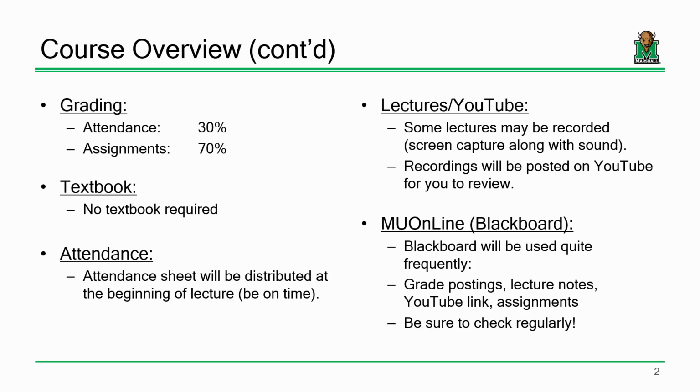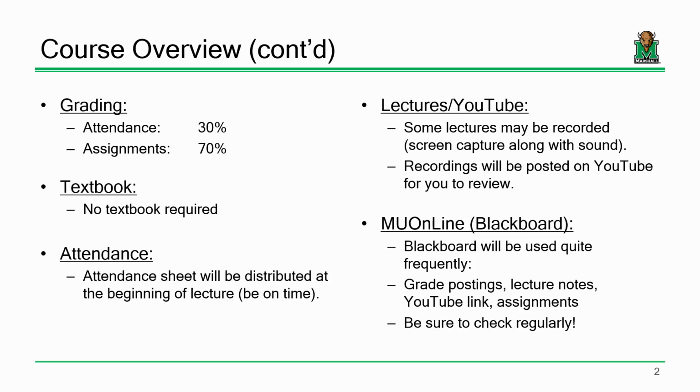First off, the grade. This is a 1 credit hour. Essentially, it's a seminar course, so it's not like typical engineering classes. Really, the grade only comes from 2 areas, and that's the attendance and the actual assignments. And I'll discuss the assignments that we'll have throughout the semester here in a little bit. There are no required textbooks for the course. You don't need to purchase anything. All of the materials that you will need, lecture notes, assignments, any of that stuff is all going to be